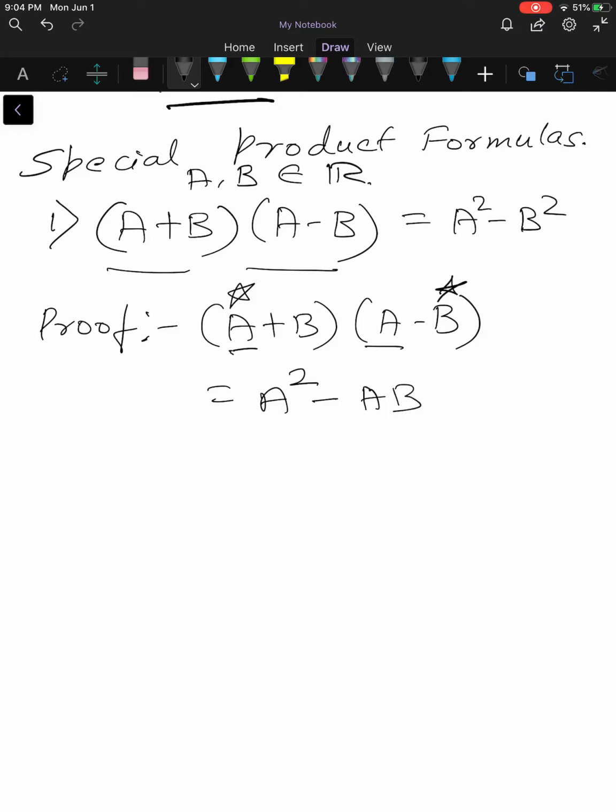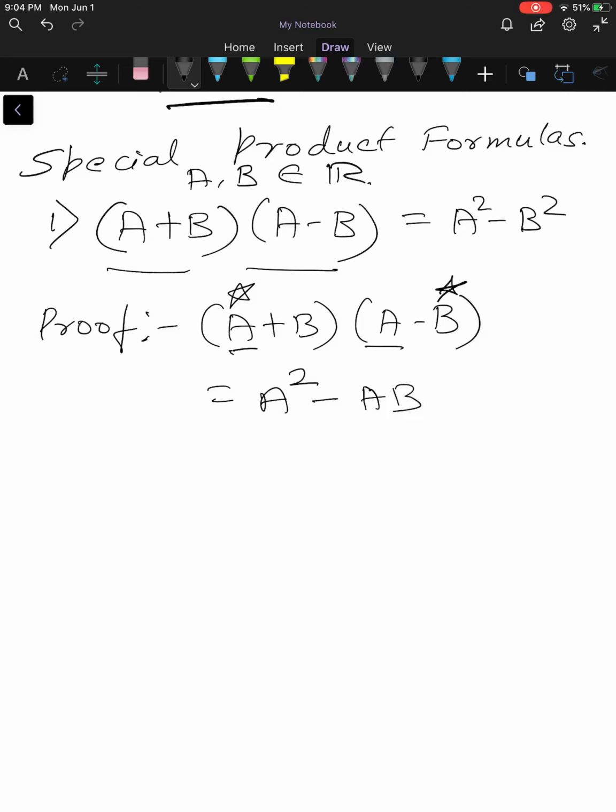A plus b whole to the power of n is never the same as a to the power of n plus b to the power of n. If there is a plus sign here, it will never be the same. The proof is similar: you do the FOIL method for a plus b times a plus b,